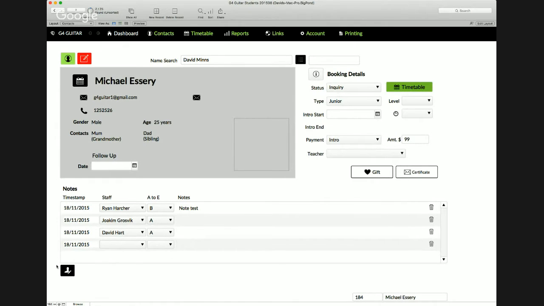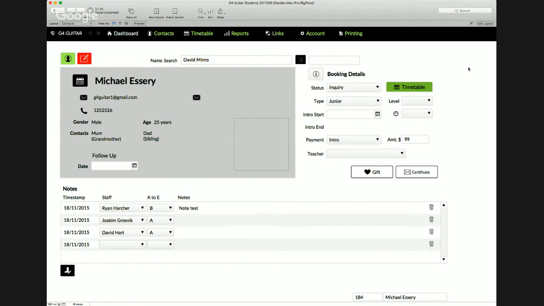We could make another section for permanent comments if you want to keep permanent comments on a student. I think we need that as well. I realised that before. So you might have something there like the student has Asperger's or something like that that you want permanently on their notes, whereas these notes are more like running notes. I need to do this for the student. I need to do that. Kind of like a to-do for the student. Okay, so